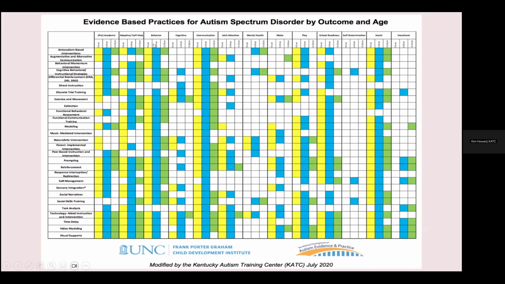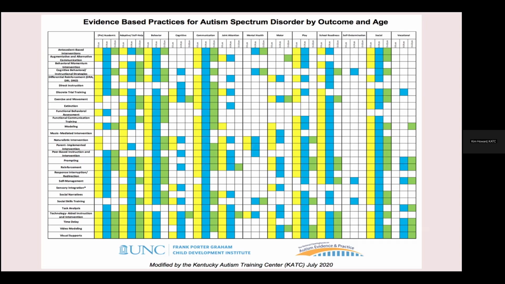Across the top, you're getting different domains: pre-academic, communication, social, self-determination, and it goes all the way across the top. The yellow is color coded for birth to 5 years old. The blue is ages 6 to 14, and the green is 15 to 22. You'll notice that there is less green than any other color, and that's because they give the least amount of money for research for our older students. So I always tell people if that was an evidence-based practice at age 14, it's still going to be effective at age 15, right? So that helps on that end of the world.